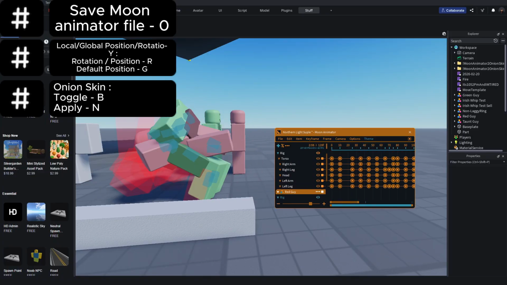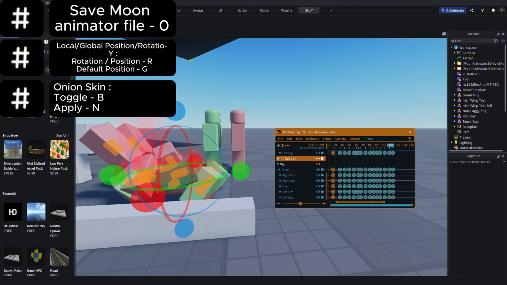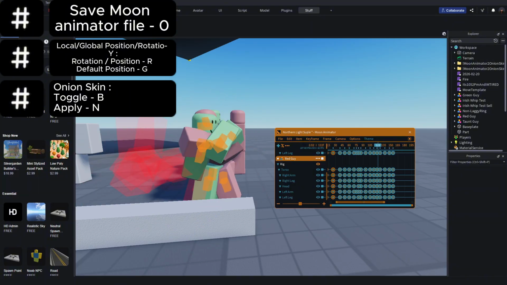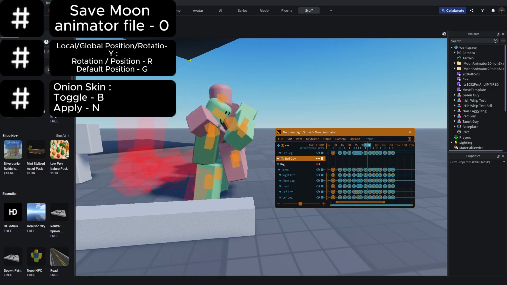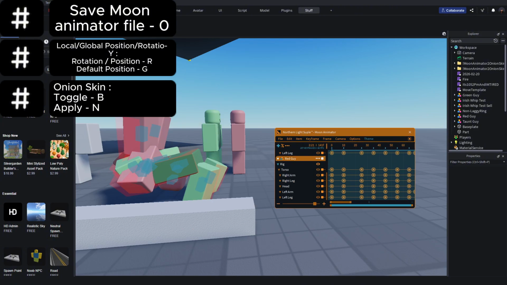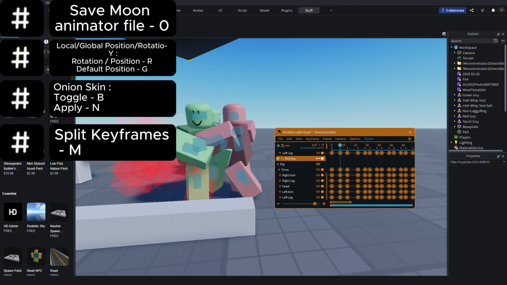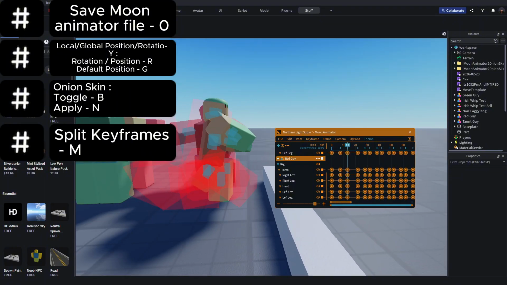And with all that being done, every pose is being done. Now something that I do a bunch of times while I'm animating, when I want to see if the animation is smooth towards the end, is I select every keyframe that is between the starting one and the ending one that I have so far. I never select the start or the end because otherwise it's gonna break. But yeah, I select the keyframes and I press M to split the keyframes, which makes the animations a lot smoother,